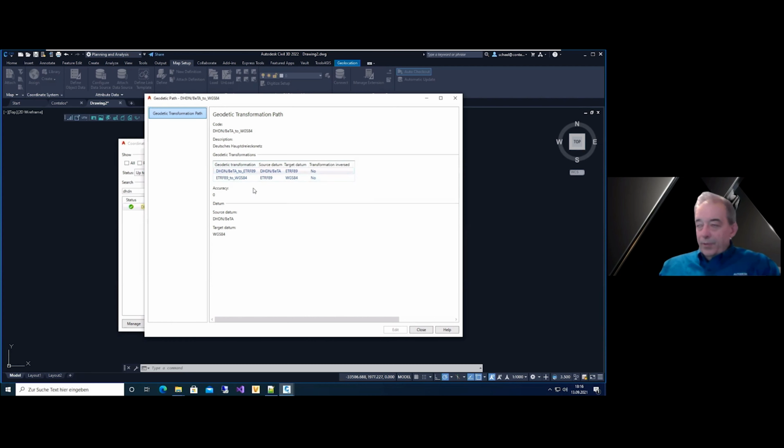And the first one you see at the top was the one where we added our GSB file. When this transformation is processed, it will proceed to the next one in the list of transformations. And in this way, you see the source datum here. That was the reason why this transformation path is used.